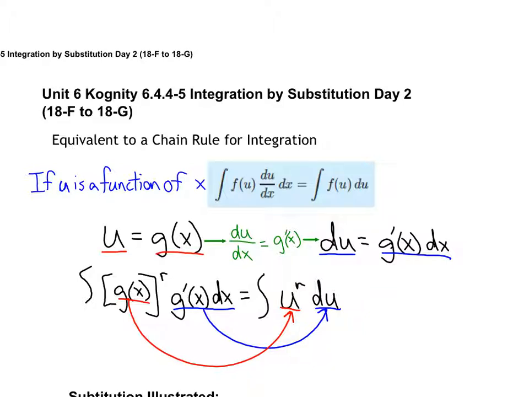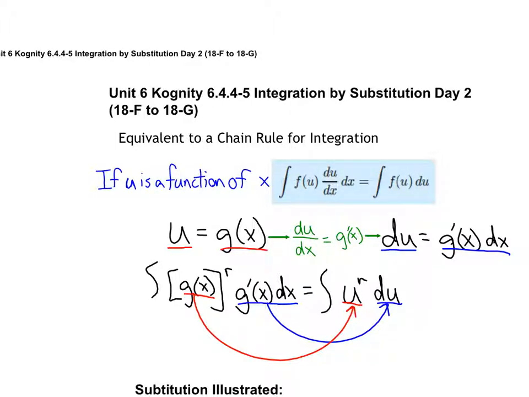Now, I can substitute here. If I have some function, and let me write the original here, okay? I have some function where I have something to a power, okay? G of x, I have some u to the n power, or r, okay? But I'm integrating with respect to x, okay? So I have some function, g of x, I'm raising that to the r power, okay? If I have g prime of x dx,